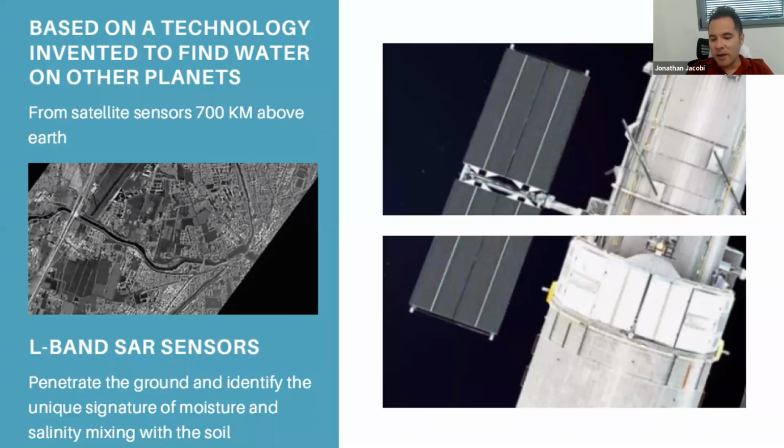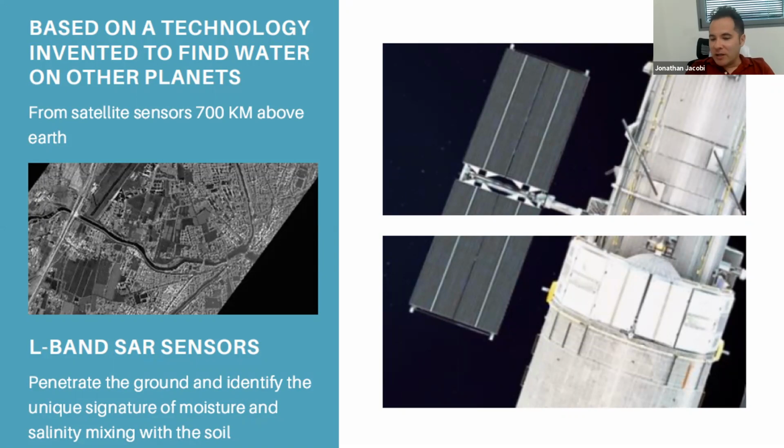And also with the specific frequency that we use, we're able to differentiate between the different types of water that are in the ground. So we know that there's potable water coming from pipes, there's wastewater that's exfiltrating from the wastewater channels, there's groundwater, many, many different things. We want to be able to focus. Now, how does this all work? Let's take, for example, a pipe that's leaking. It's dripping or gushing. The water is dripping or gushing out of it, and it's mixing with the soil that's around it.